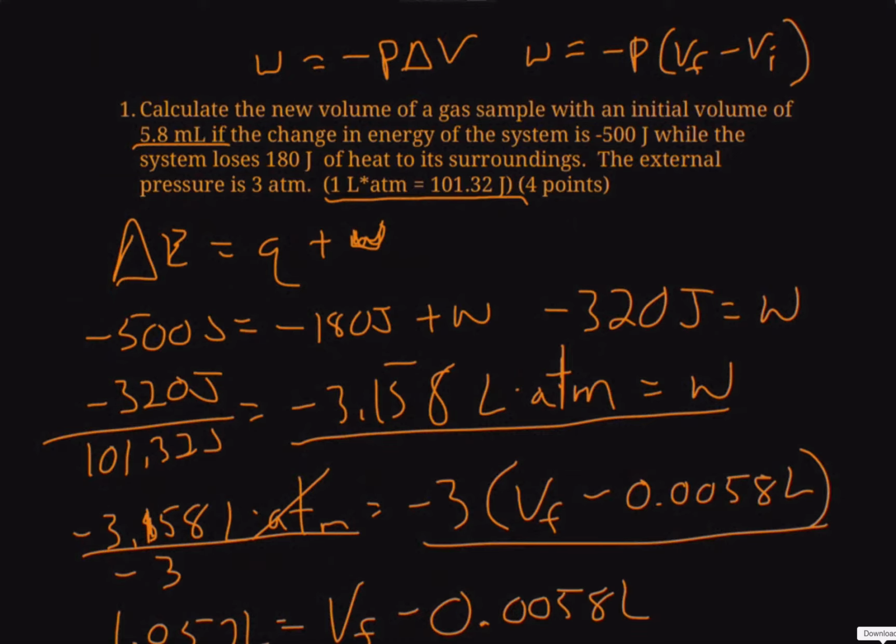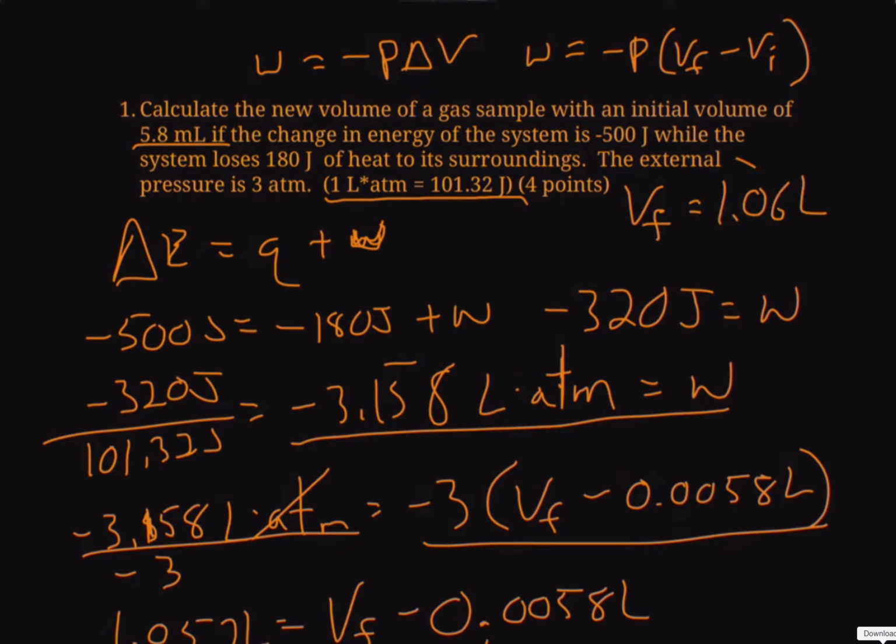And then if we add 0.0058 to both sides, we end up with 1, so the final volume, sorry, went off the screen there. The final volume up here is going to round to